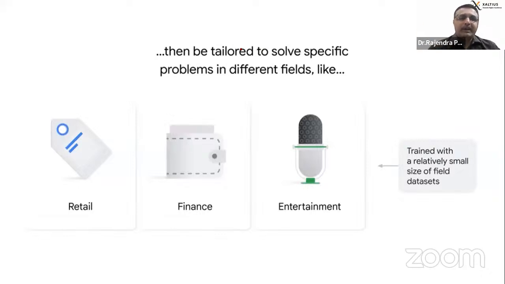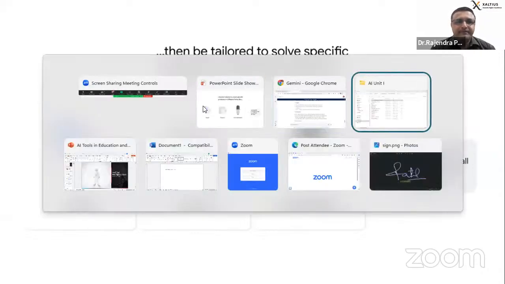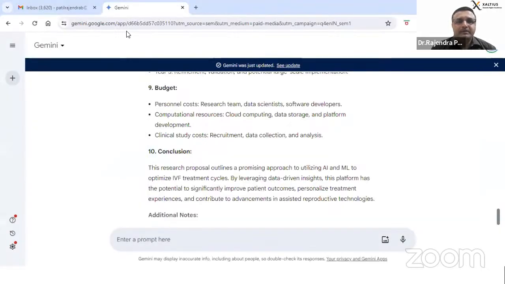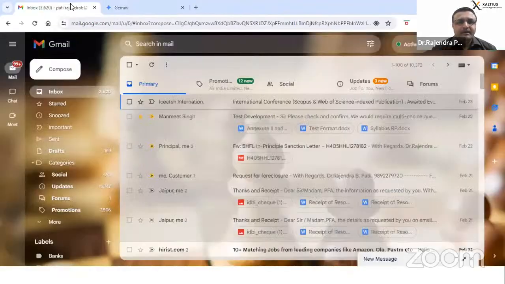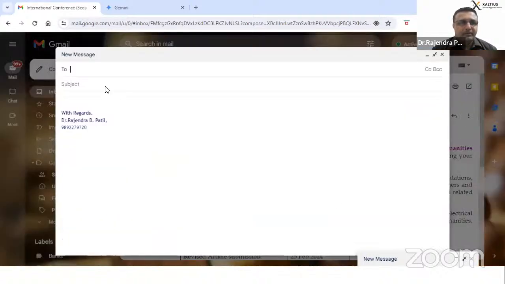So how can we adapt all these things? The very first thing is, as a researcher, when you start, you need to start with mail communication. So let's make your mailbox smart. Let me know, can you all see my mailbox? Just a moment. Can you all see my mailbox? So today we'll make your mailbox smart.